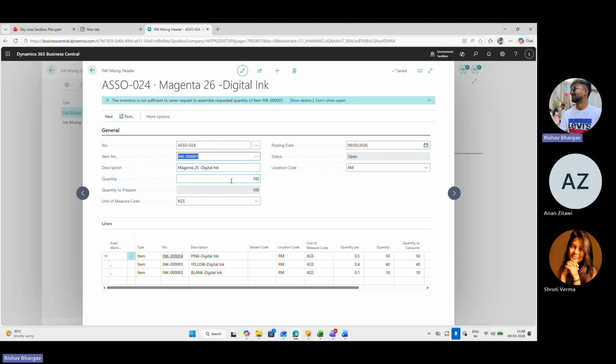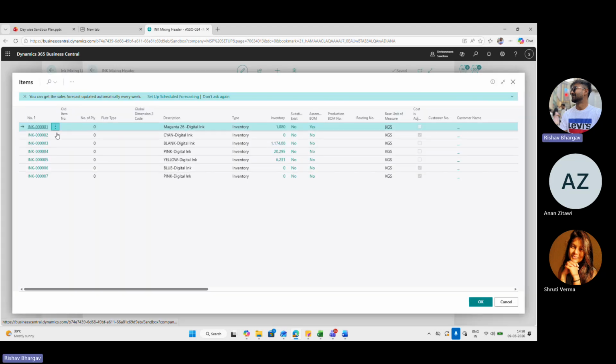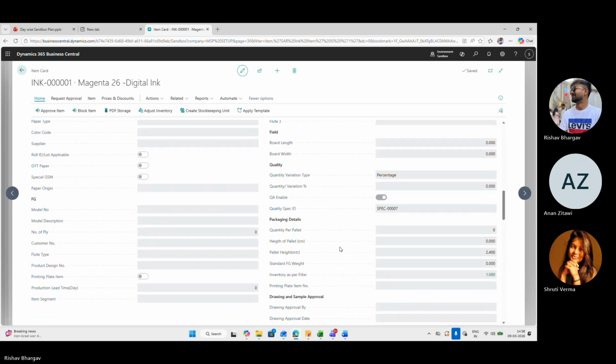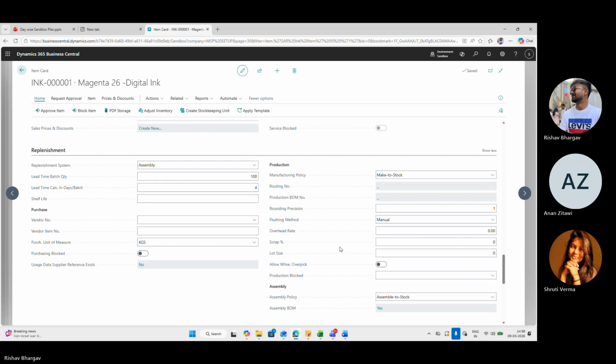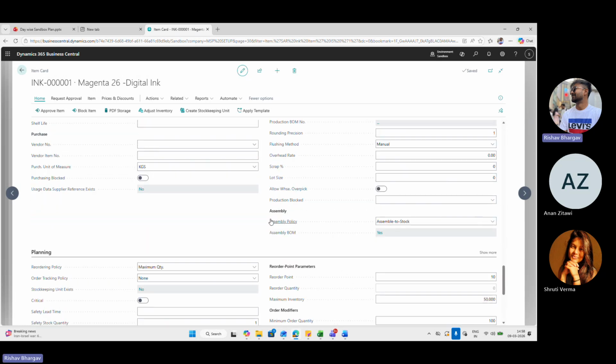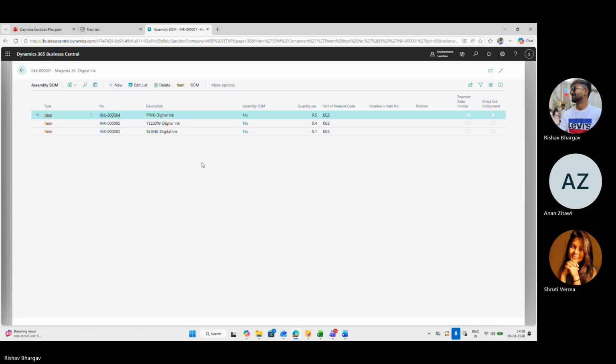Let me show you the assembly BOM of this item. In the item card, you see assembly BOM. By clicking it, you can see that we have defined item 4, item 5, item 3.